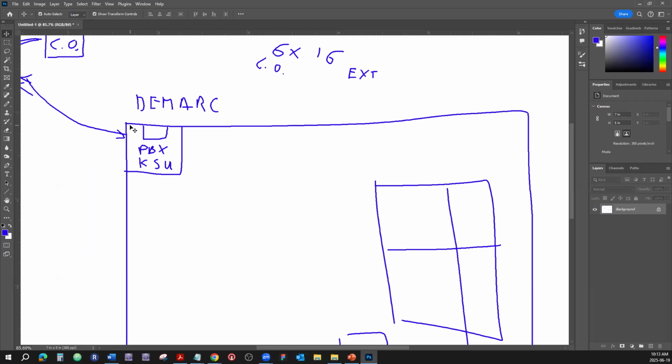That would not be a box on the wall, but a whole room of wires coming in and all the processing units and all that stuff. That would be something like in a hospital or a big government building. So that would be PBX, private branch exchange. Usually the PBX is the bigger and KSU, key service unit, is smaller.